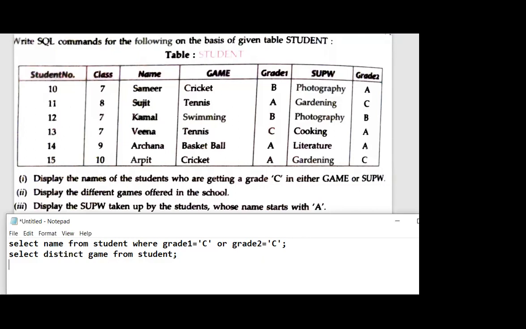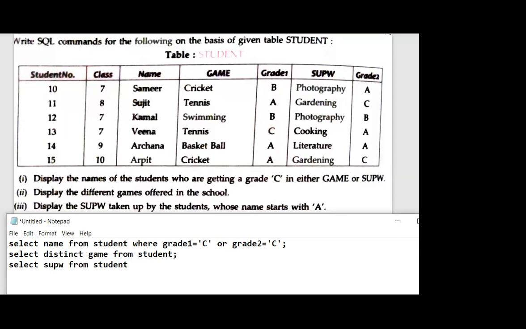Okay, so the answer is select. As I said, it is given in the question that you have to display only SUPW. Okay, Twinkle also correct. So SUPW, then from whatever your table name is, that is student over here.